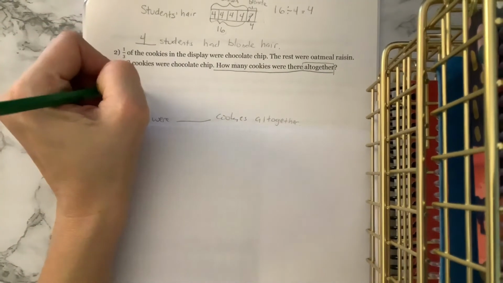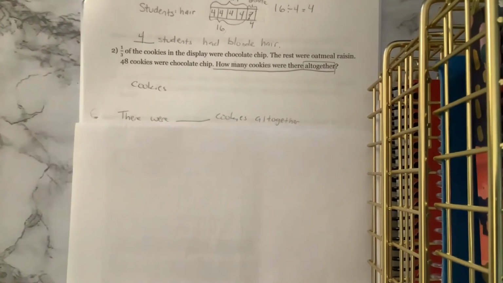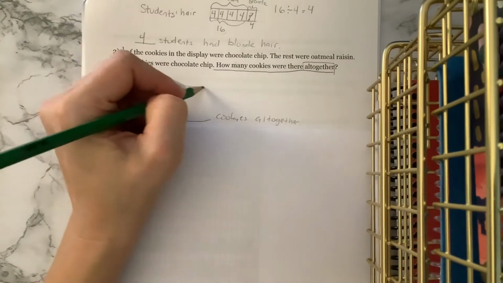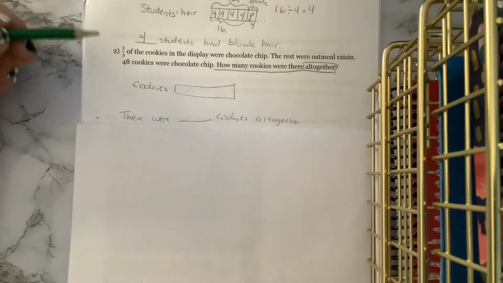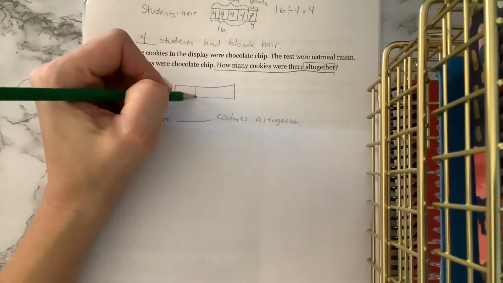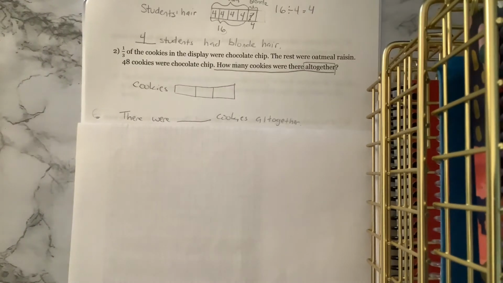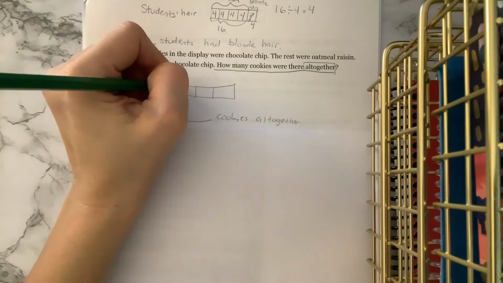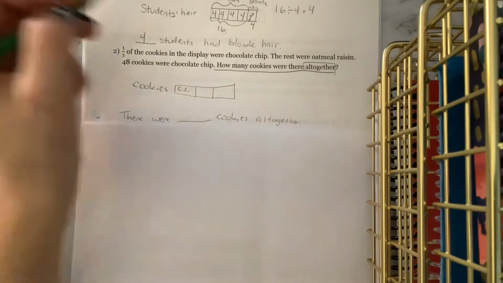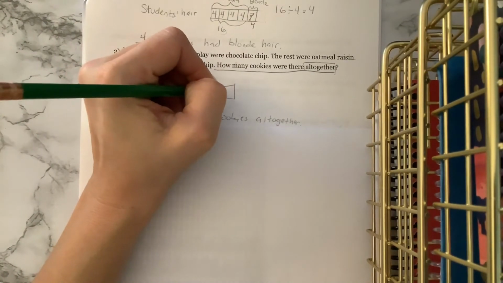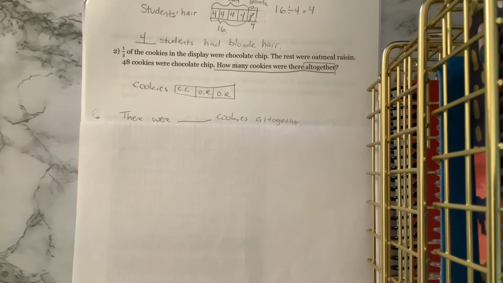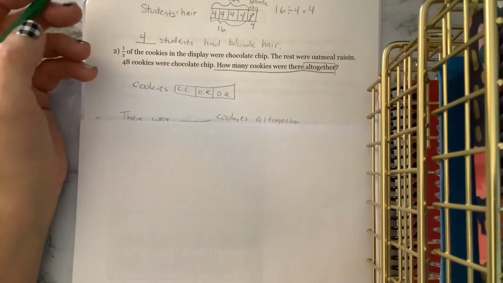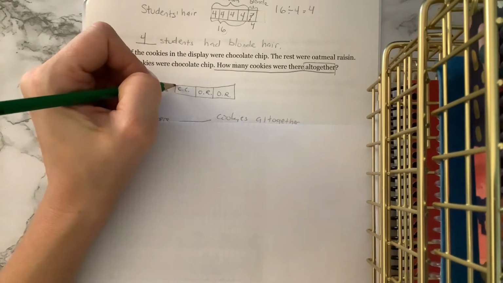Who or what is this problem about? We label our picture with cookies. Then we draw our unit bar. How are we going to chunk our unit bar? Looking at our denominator here, we should have broken it into thirds. Okay. 1/3 of the cookies were chocolate chip. The rest were oatmeal raisin. Now, you might have labeled it differently. You might have done it like I did up above with brackets. That's fine. Just as long as we're showing that 1/3 of the cookies were chocolate chip and the rest were oatmeal raisin. Next, we're told that 48 cookies